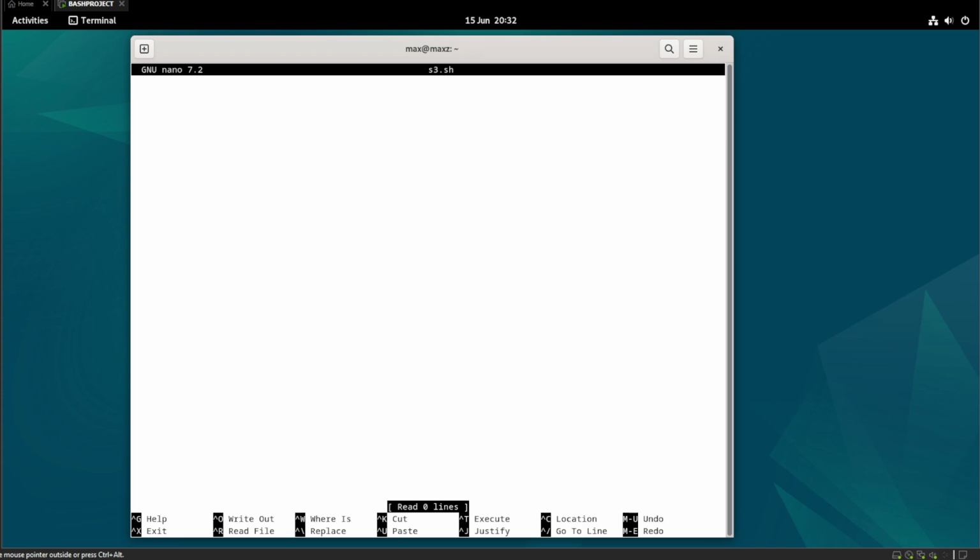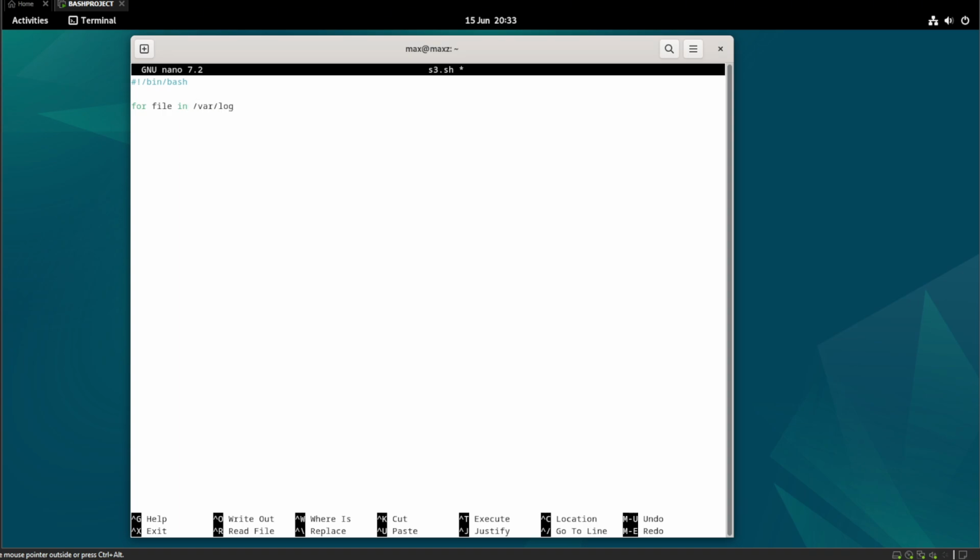So, shebang. Always a shebang at the start. Always. For all the scripting that we're going to be doing, always going to be putting a shebang at the start. Always, always, always. Okay, now we're going to be doing another for loop. So we're going to say for. So what we're going to do in this example is we're going to loop over files. So this is going to be like an actual instance of the for loop instead of making the terminal count to 5. So for file in